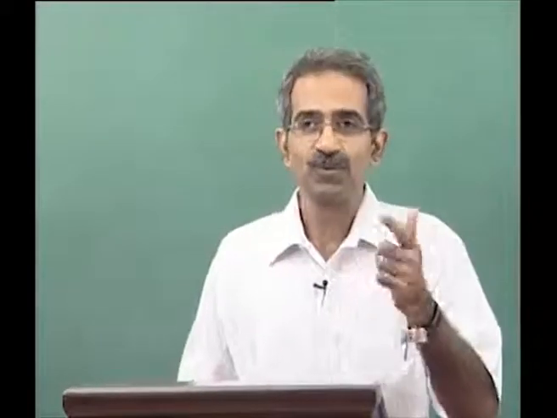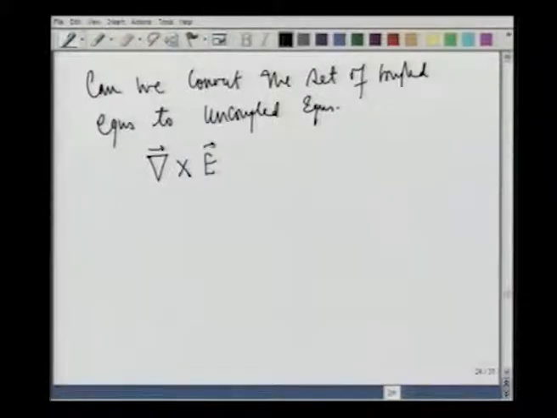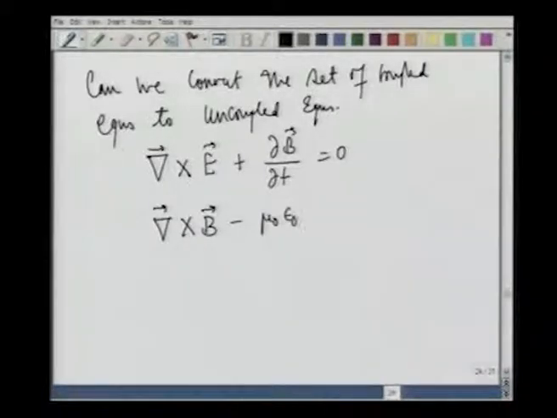The trick is standard. All that you have to do is to take a repeated derivative. So, let me show how to do that. I have my equation curl E plus delta B by delta t equal to 0, and I have the other equation curl B minus mu naught epsilon naught delta E by delta t equal to 0. Let us not forget our dimensional analysis. I will do it in 2 steps. Actually, I will do it twice.